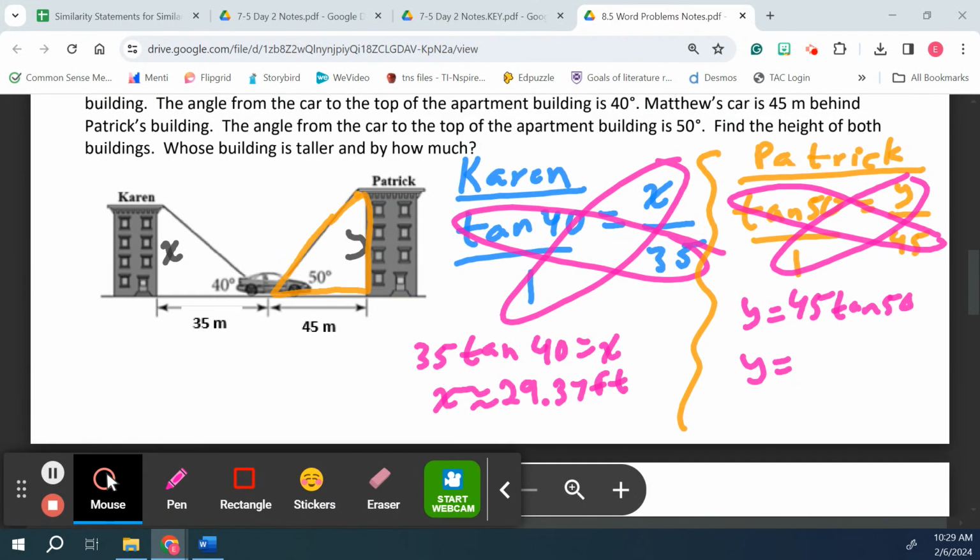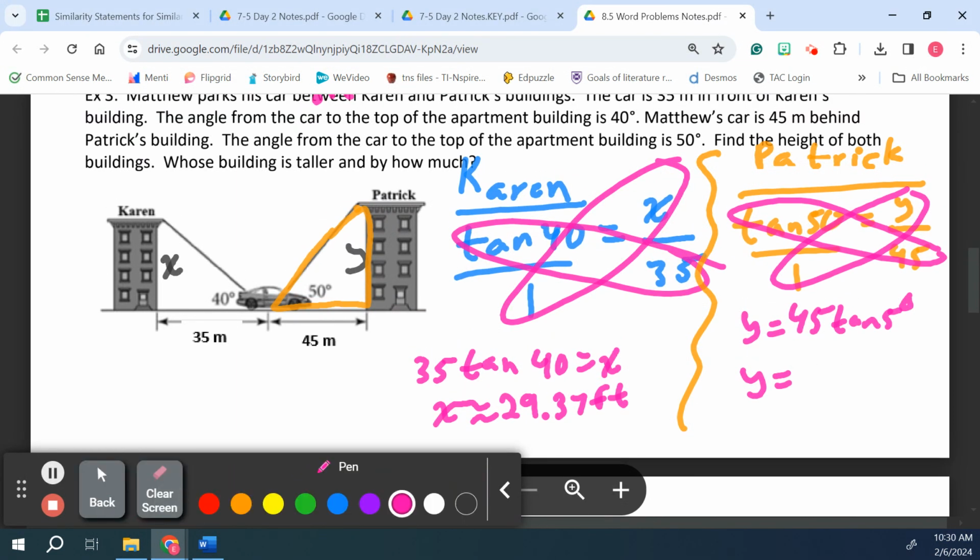What'd you get? I got 53.63. You got 62? What's your next digit? 45 tangent 50. Did you get an 8 next to it? So then you got to round to a 3. I thought you said 2. Sorry, never mind. We're good. You got it right. All right, so